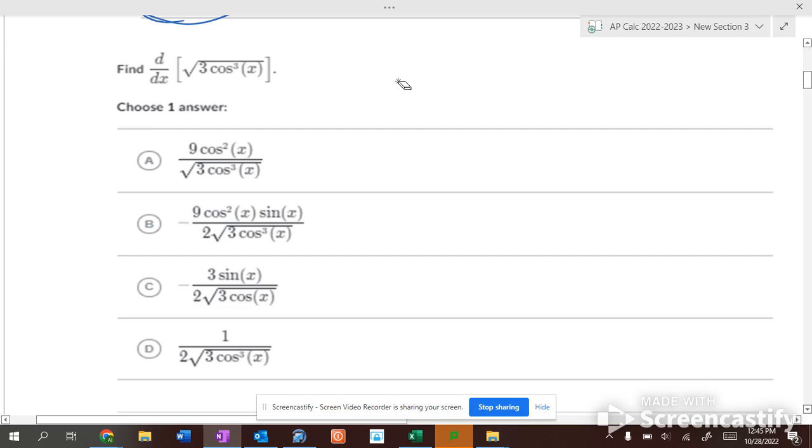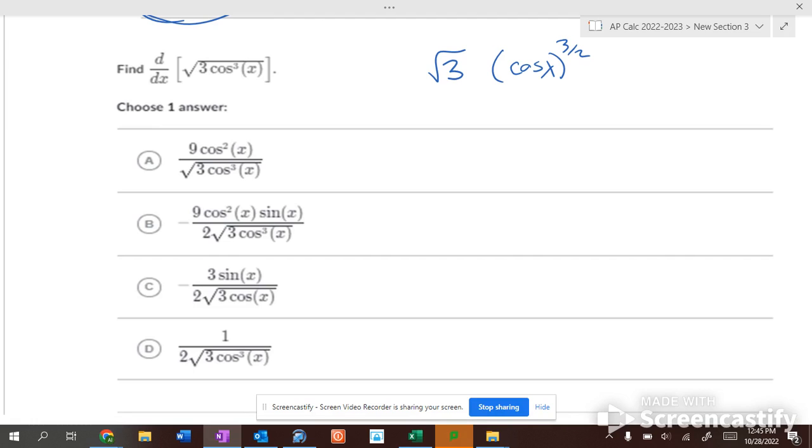Dang it. I was going to make that too easy. So it's basically the square root of 3 times the cosine x to the 3/2 power. Because it's just the cosine's cube, not the 3. Okay? So, if we do this,